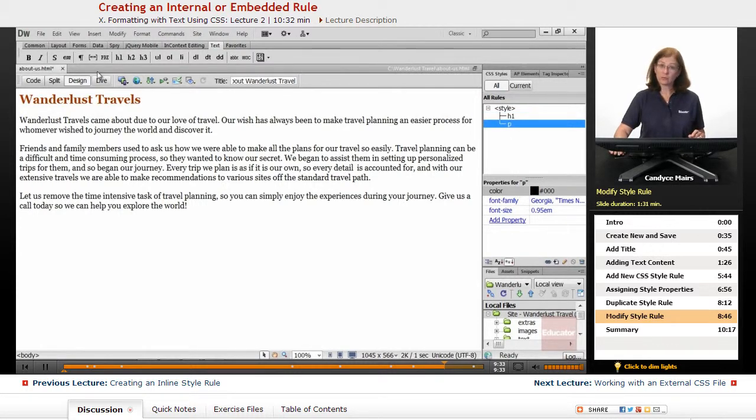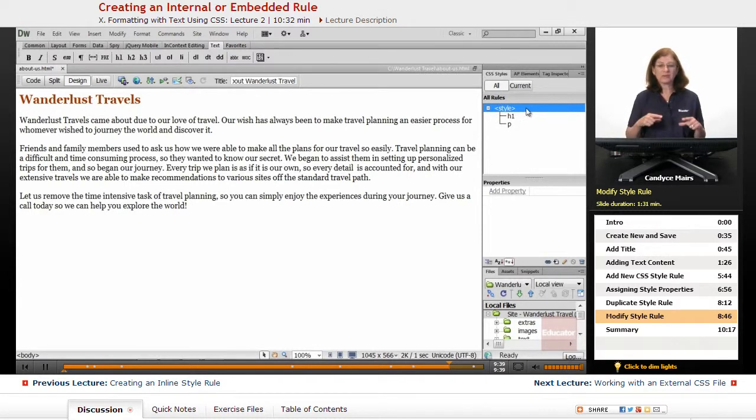Now how do I know these are internal styles? This is the giveaway. Anytime you see the word style with angle brackets in your style panel, that means those are only available for that single page. Now this says Wanderlust Travels, and I wrote about Wanderlust Travel up here, so let's fix that. I'm going to have this say about